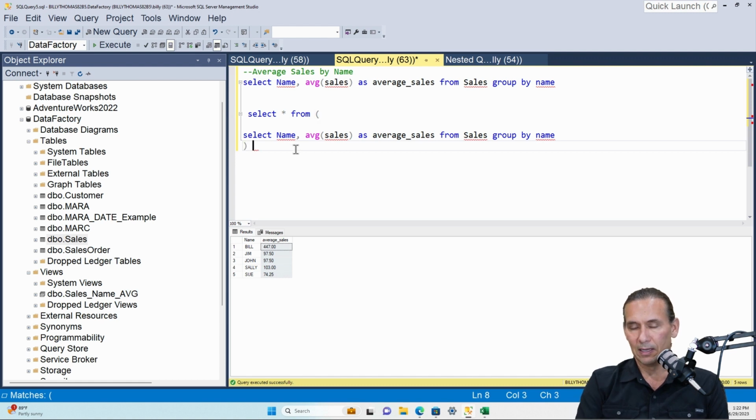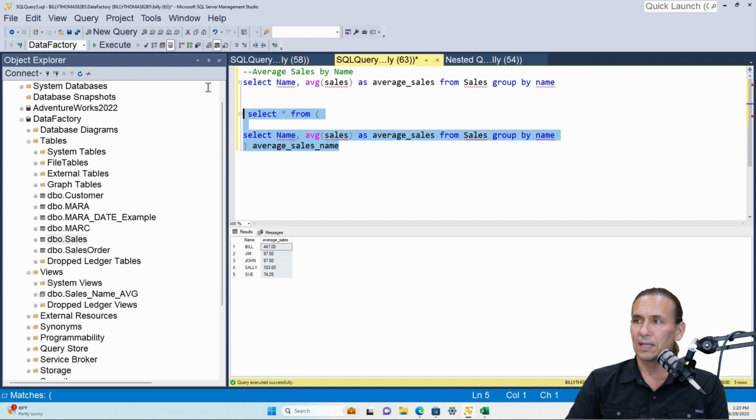That is almost it. We got one more thing we need to do. We need to give this a name. We need an alias for this nested query. So we're going to say that this is going to be called average sales and name. Okay. Now, if I run this guy,